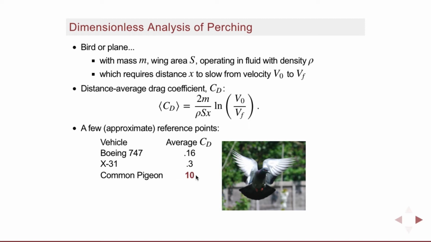Because, well, let's put it in perspective. If you wanted your 747 to achieve an average drag coefficient of 10, that would mean it has to be able to go from its 450 mile an hour cruise speed to approximately 0 in about 40 meters. That's how fast these birds are stopping. I mean, aerodynamically, it's impressive, right? But what's really impressive is that this bird, through flapping and through high angle of attack aerodynamics, is exposing itself to this ridiculous sort of parachute-like braking force. It's slowing down incredibly quickly.